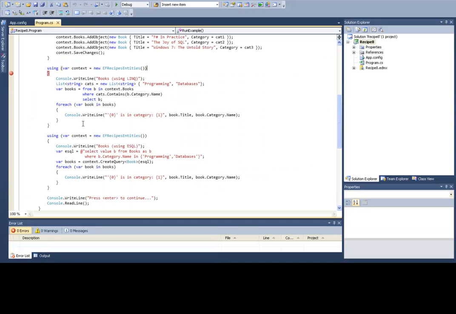Okay, in Entity Framework it's easy. So we say from b in books, like if the context contains a collection of books, and we want to use categories. We have already a list of categories which we just prepared. So our categories are like the books that are related to programming or database. So we want to search all the books where category is programming or database,